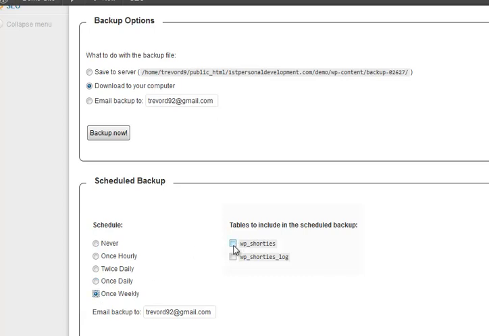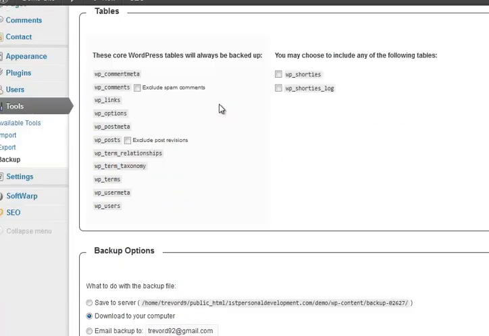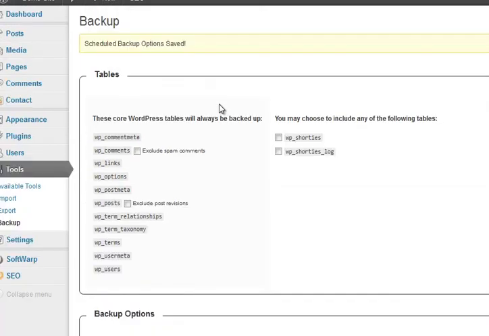Not worried about, well, actually in that one I might be. If there are other things that it could potentially include, it will offer to include them, but it's quite intelligent. And once I've set it up, once a week it will send me a backup. As you can see, schedule backup options saved, and it will send everything,